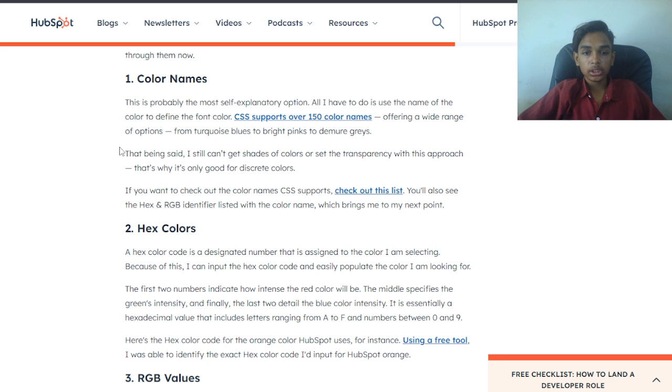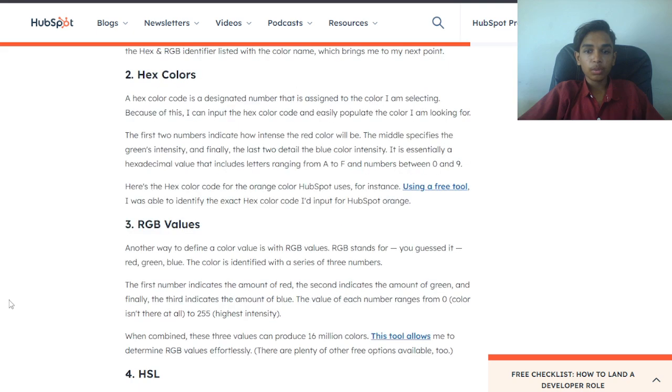It is essentially a hexadecimal value that includes letters ranging from A to F and numbers between 0 and 9. Here is the hex color code for the orange color HubSpot uses. For instance, using free tools, I was able to identify the exact hex color code to input for HubSpot orange.